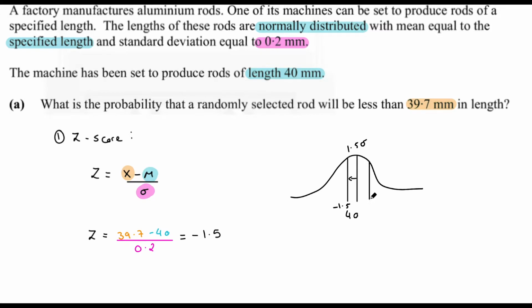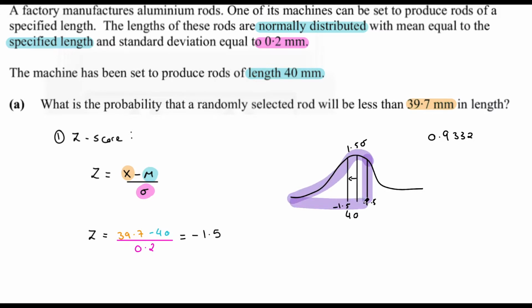So what we could find is the positive. So I'm going to draw that in for myself. And it is symmetric, so do try and make your sketch as accurate as you can. It does not have to be perfect, but as symmetric as you can, because that's important for the next step here. So we've got our 1.5, and what we know is that the probability that a value exists below that 1.5 is